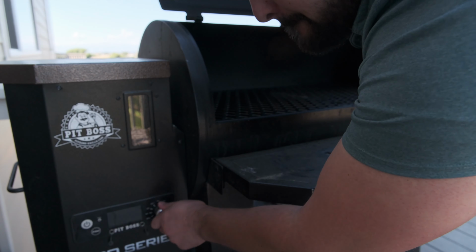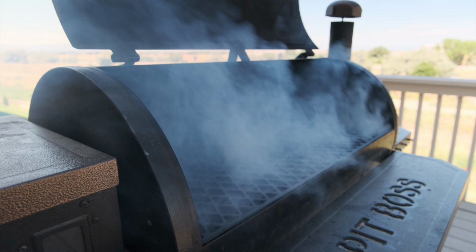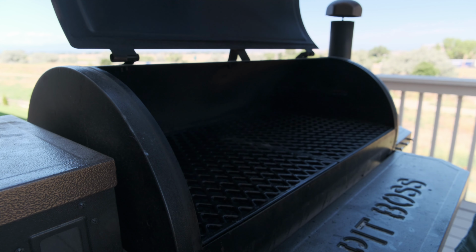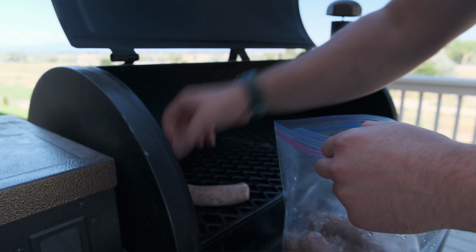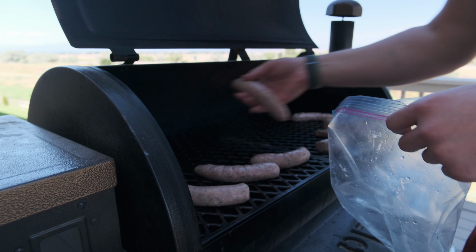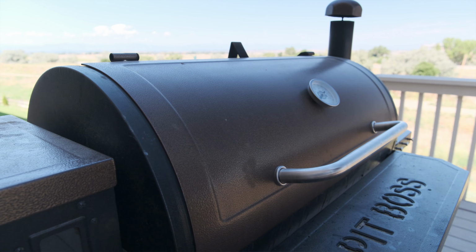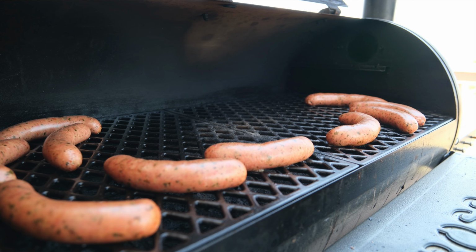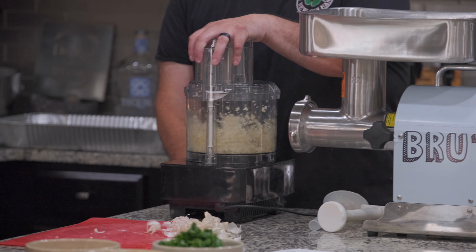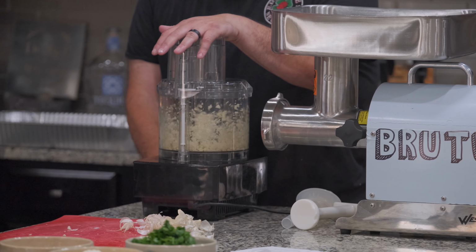These are gonna taste so good on the smoker. And this is where I'm gonna eat my words, but this is where an electric smoker would come in handy. When you're doing something like this, I say, go ahead, use an electric smoker. I won't make fun of you. You put a brisket on there, I'm gonna make fun of you on the electric. But I'm gonna pulse it about 10 different times, maybe 12, 15,